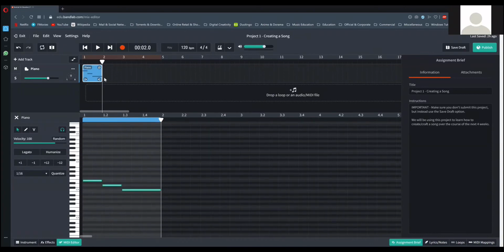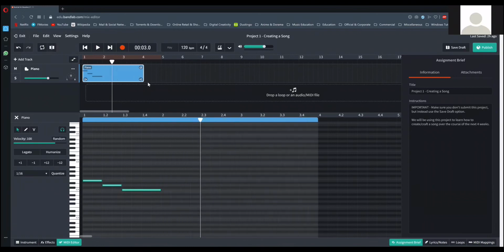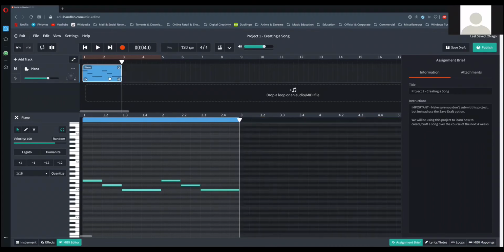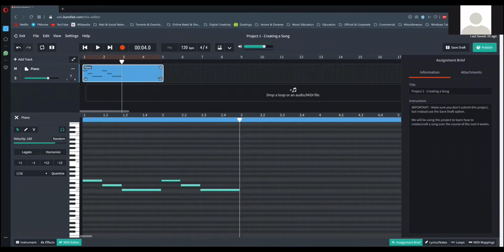Oh, sorry. It didn't come because I have to extend this. Sorry, guys. Okay, so I go to number 2. Right click, paste, and automatically whatever I did in the first bar has come in the second bar. So the reason it didn't come was because my MIDI region wasn't pulled out. If you pull in this MIDI region and extend it, then you'll be able to use and copy paste.